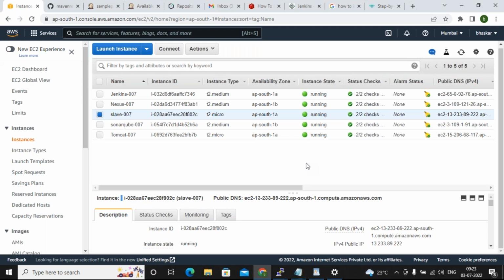Finally the output of the project will go out by the Tomcat server, right? I didn't get you, come again? Finally the output of the project will go out by Tomcat server, right? Exactly, you are right. So that web page should be available in the Tomcat and it should be open.